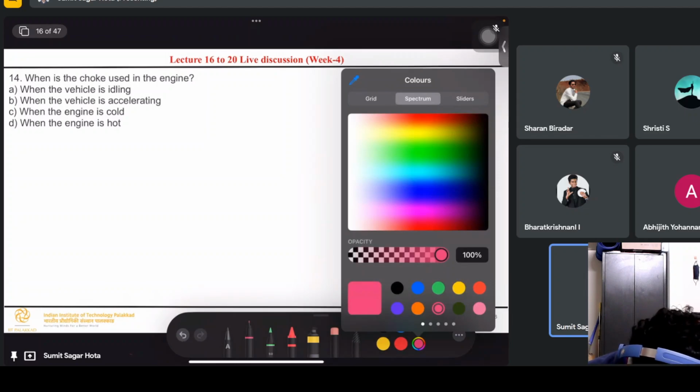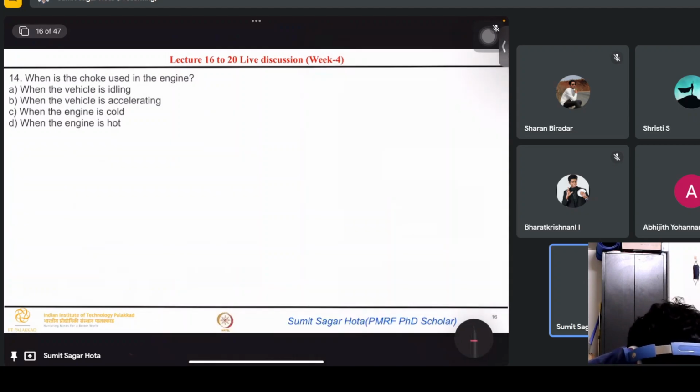We are having one choke. We just pull that choke. If the bike or scooter is not starting, then after pulling it will start. Then we again put it down, and then it will start. So that choke, when these problems are there, you also see that choke is mostly there in the cold